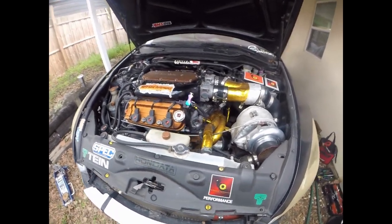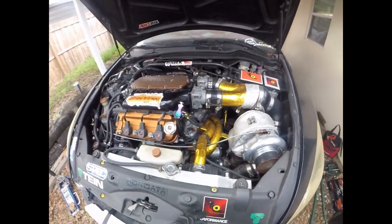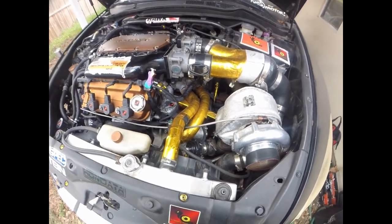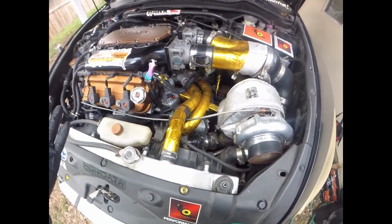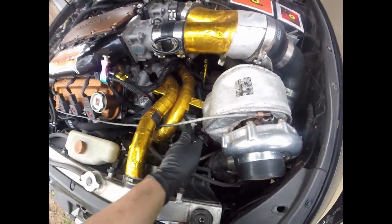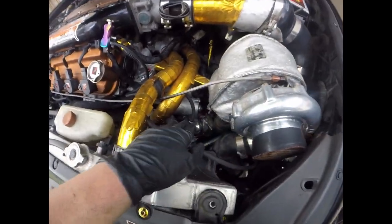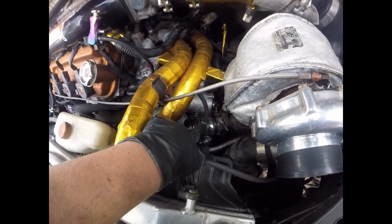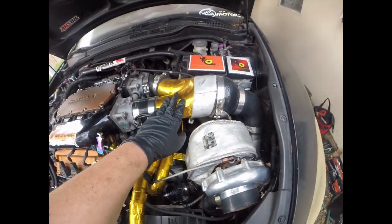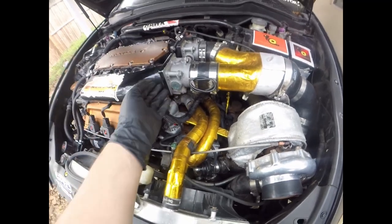Well, guys, here she is in all her glory. Dirty as hell. Probably the dirtiest you ever seen her, but this is why I have not done this damn procedure or fix, because I need to get down there. So the turbo needs to come off. The wastegate, which you can see right there, hopefully. All these radiator lines, intake, I think, yeah, I got to remove the intake so I can get more room,